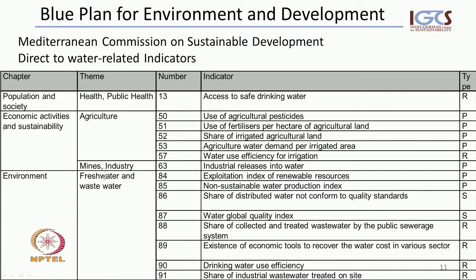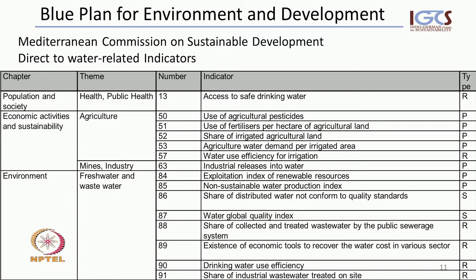And then the different topics or themes which appear to be very relevant for these Mediterranean countries: health, public health, agriculture, mining industry perceived as very important, and freshwater and wastewater management. And we have a whole lot of indicators, parameters which can be measured and which can be